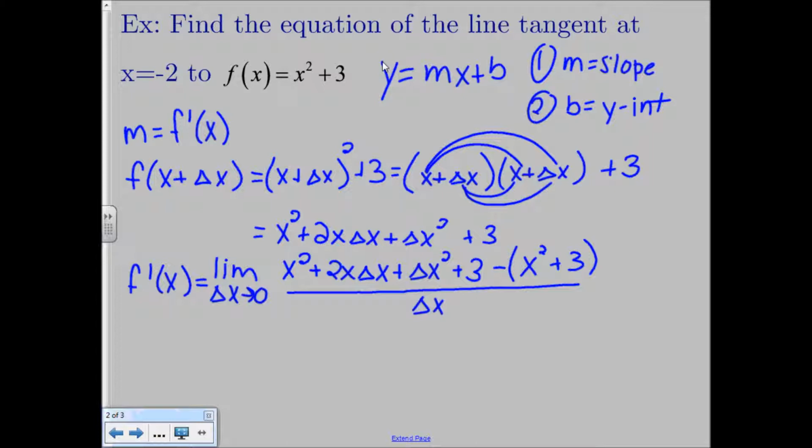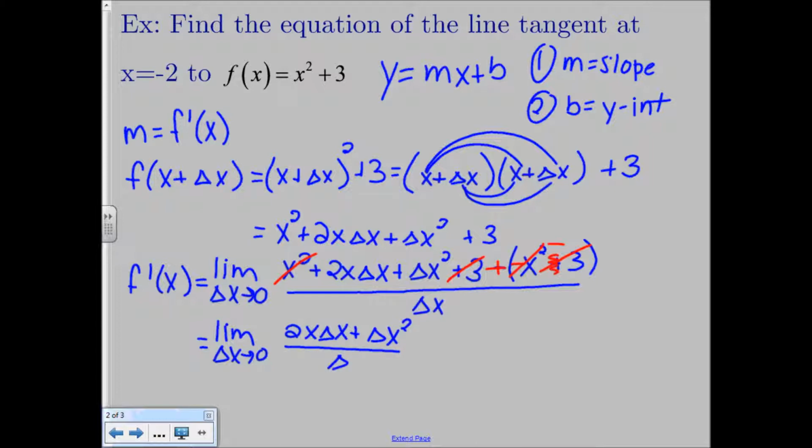Okay. So now we've got to distribute that minus sign, that negative sign, and then we can simplify some terms in our numerator. So again, I'm going to make this a positive sign by distributing the negative to the x squared, cross out that plus 3 and make it a minus 3. So now we see I have this positive x squared here in the front. It's going to go away with this negative x squared. Positive 3, negative 3, they cancel out. Now let's just write what we have left in our numerator. So we're going to get the limit as delta x goes to 0 of 2x delta x plus delta x squared